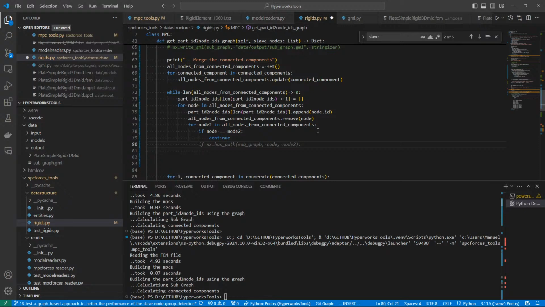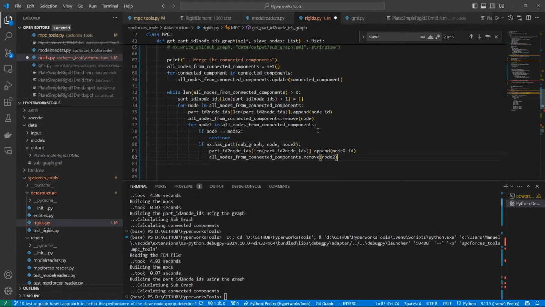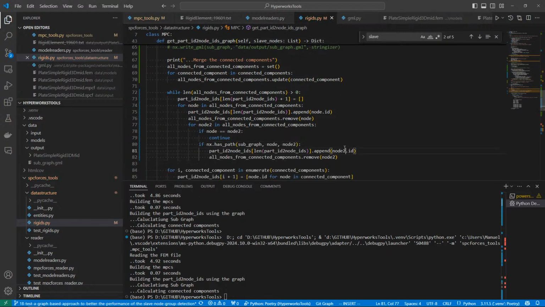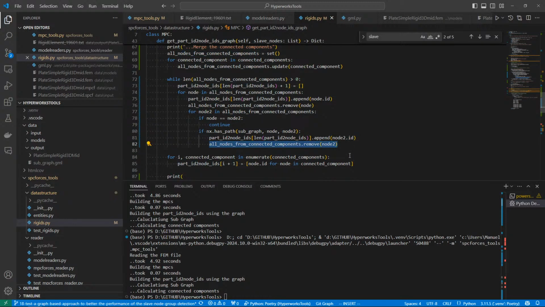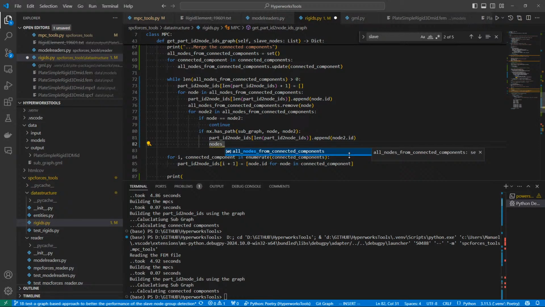So, and now if it has a path, then it will be appended, and this will not work. So I have to do something nodes to remove. Node 2. I would have to do that, and